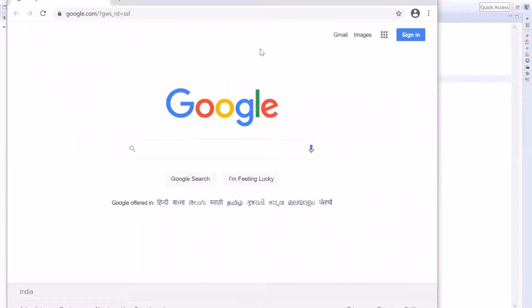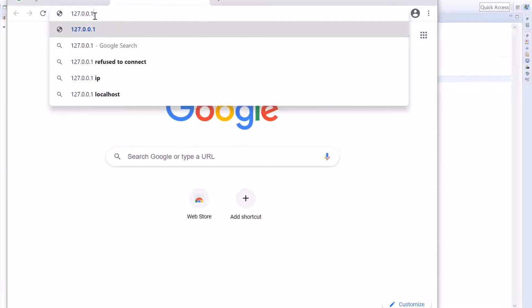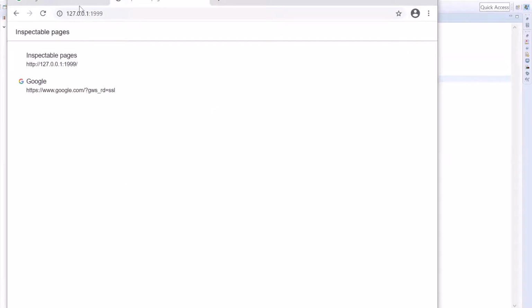Now to verify that our Chrome browser is running successfully on the given port, you can open another Chrome window or tab and type the address 127.0.0.1 with port number 1999. You can see that it shows the Google homepage is running at the browser port number.